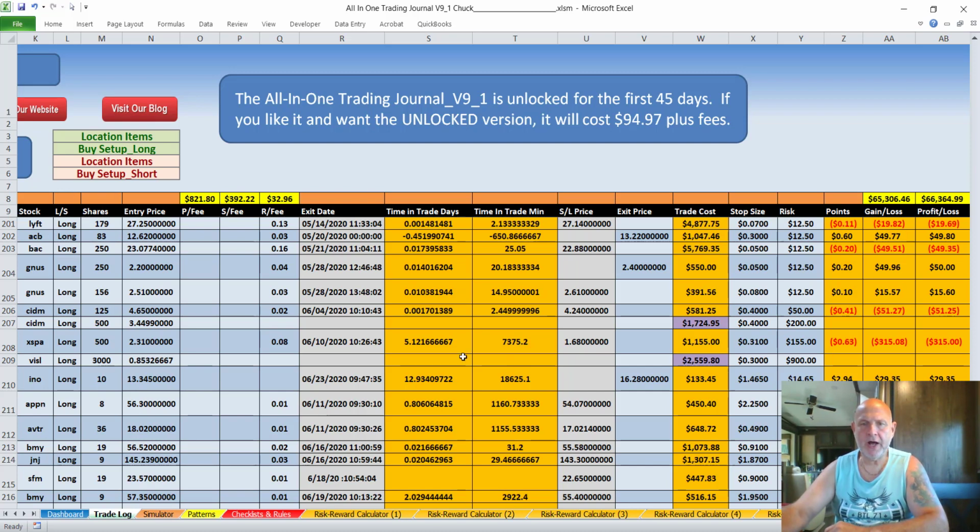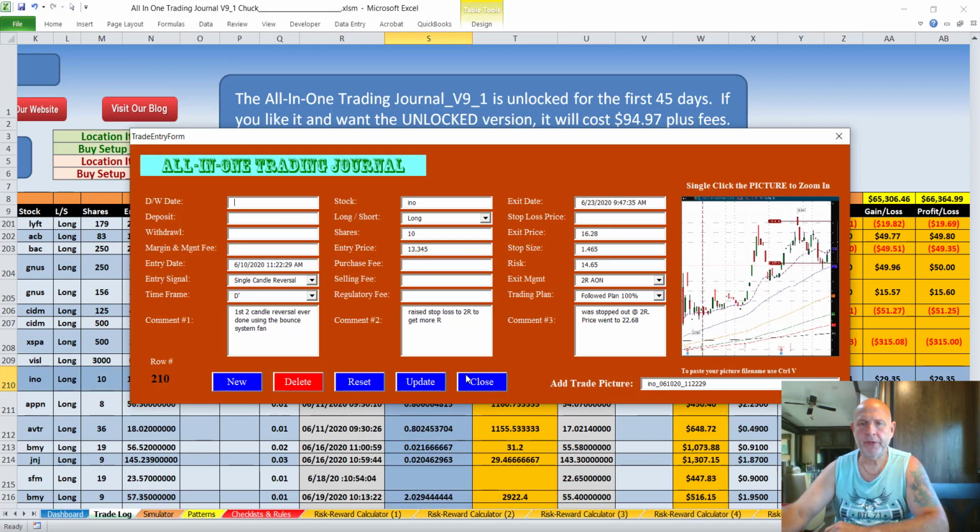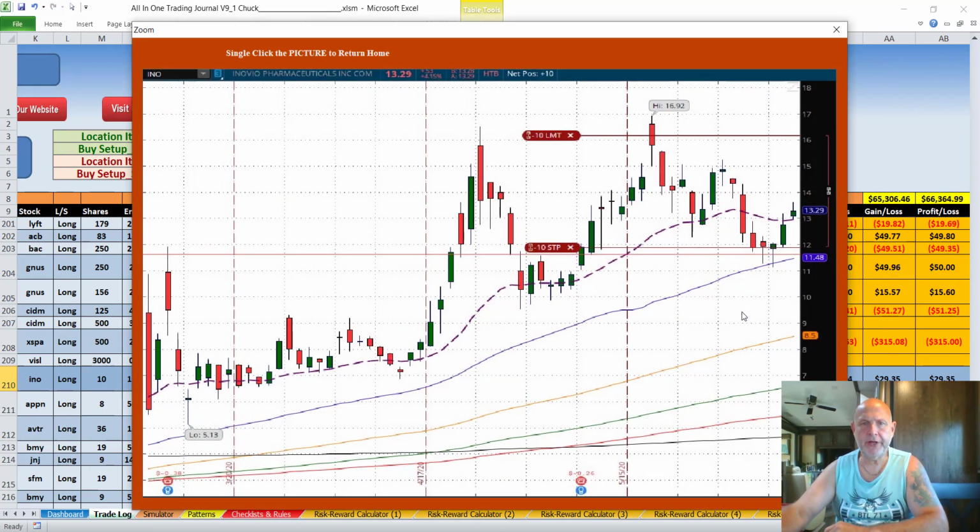All the orange columns have formulas in them and are not accessible. I can double click on any of them and it will pull up my trade picture and my trading summary. I'm able to click on the trade picture and see an enlarged view of that trade. I do this when I'm updating the trade with my exit date and all the other criteria that are necessary